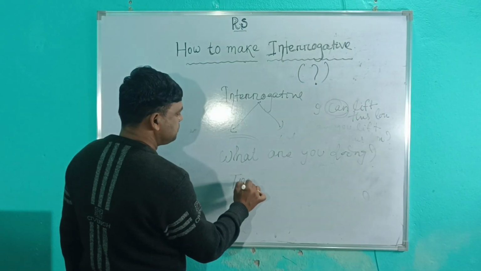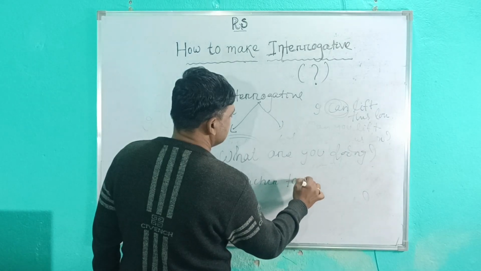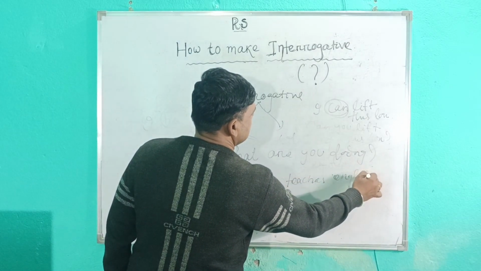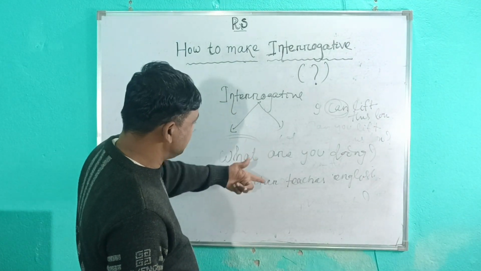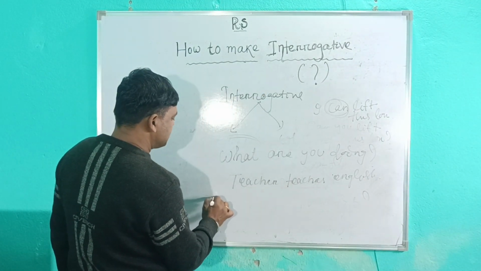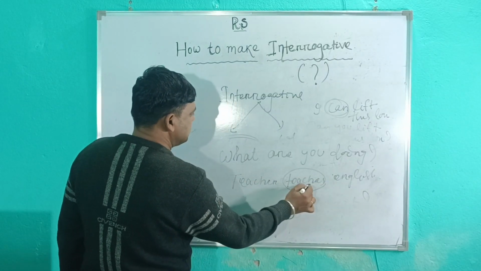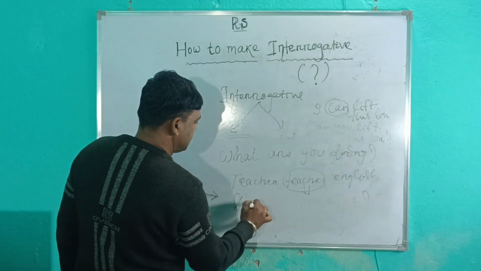Teacher teaches English. Okay, this is a declarative sentence. Now let's change it into the interrogative form. पहले yes no में करता हूँ. So here teaches, now teaches forms teach plus does. We'll take does here. Does teacher